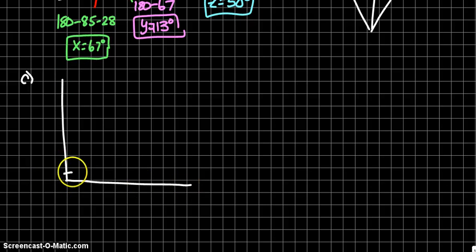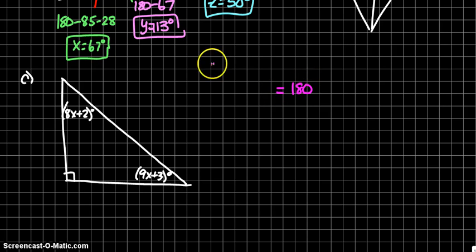Sometimes you're also going to be given a more complicated situation. In this triangle, it's a right triangle, and I know this upper left-hand corner is 8x plus 2 degrees, and the lower right-hand corner is 9x plus 3 degrees. So in this situation, I need to figure out what x is before I can figure out what my angles are. All I know is that three angles